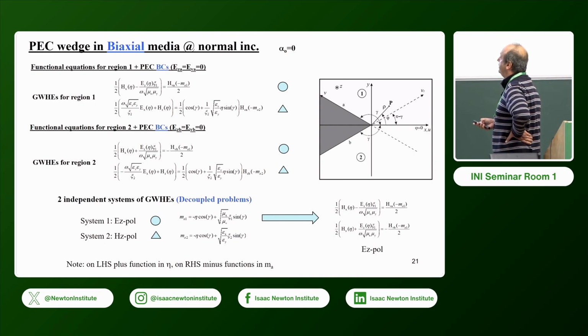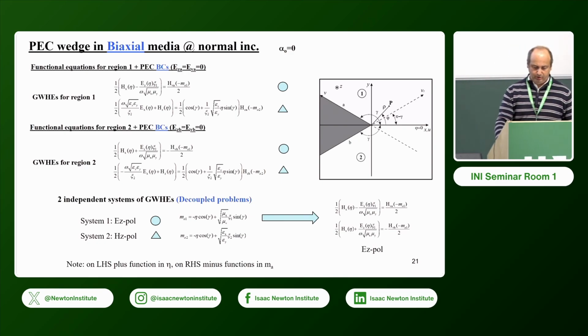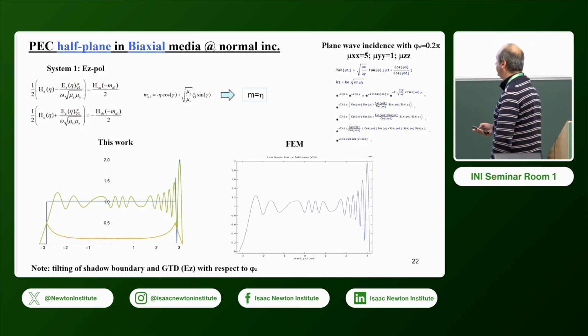And we focus the attention on the decoupling of the two polarizations. We focus the attention on EZ. These are the equations. We can sum and subtract, and perform the exact solution, exact factorization, or perform the numerical scheme. In this case, for the biaxial media at normal incidence with a half plane, we have M equal to eta for the aperture angle gamma. And here you can see the numerical results for the far field at k rho equal